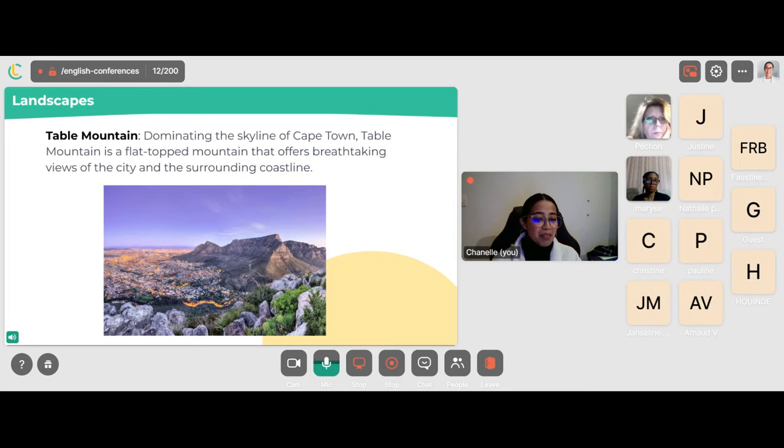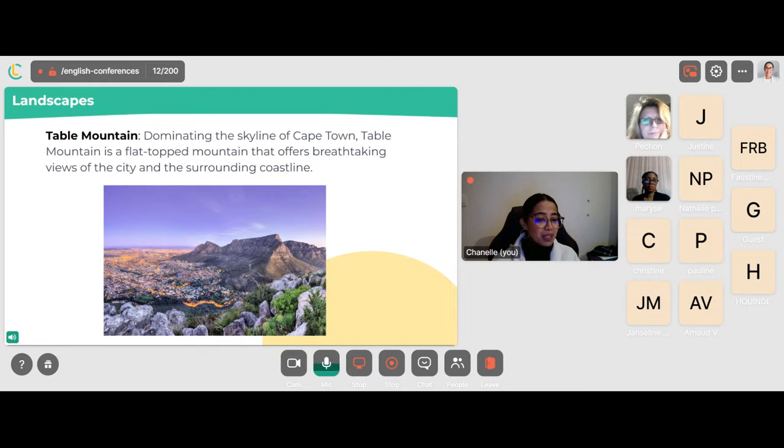Let's look at some of our landscapes. Below, you can see a picture of Table Mountain. Dominating the skyline of Cape Town, Table Mountain is a flat-topped mountain that offers breathtaking views of the city and